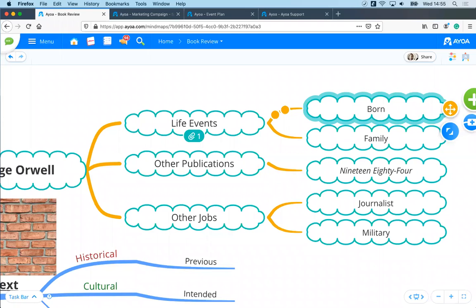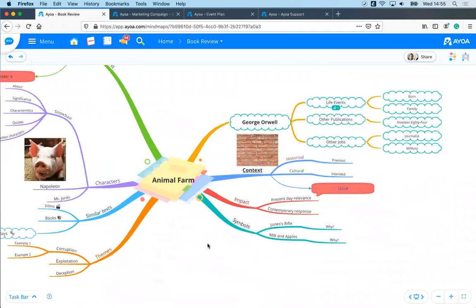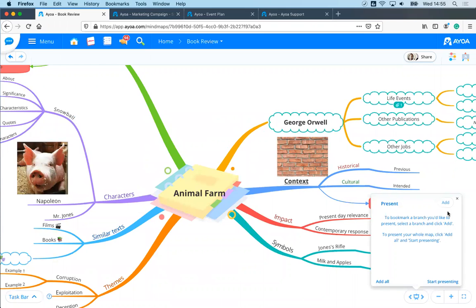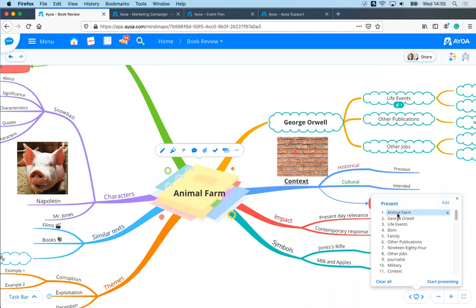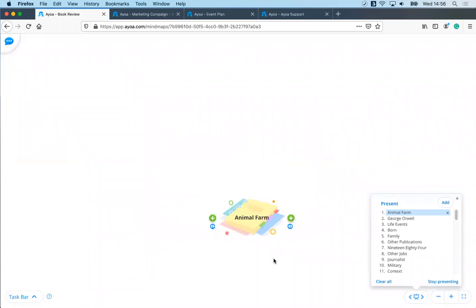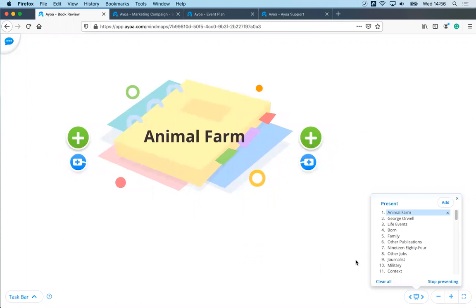Is mind map compatible with PowerPoint? No, we don't have a PowerPoint integration as we already have a built-in presentation creator. So if you have Ultimate, then right down here, we've got the presentation mode. So if I click add all, I can add everything from this mind map. And I just click where I want to start, click start presenting. And because they're not static slides, I can zoom in and zoom out and decide how zoomed in I want to be. And just click through